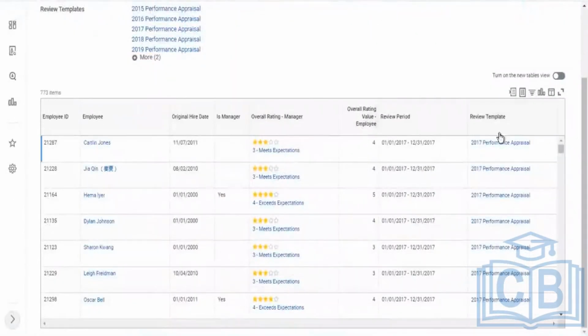Here is a kind of template, the 17 template, where this employee has got manager rating 3 and the review period was somewhere around the 1st of Jan 17 to 31st of December. And the overall rating of an employee: the employee has given a self-evaluation rating and the manager rating has got